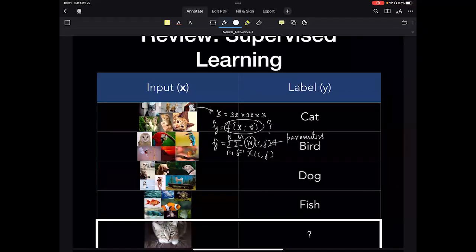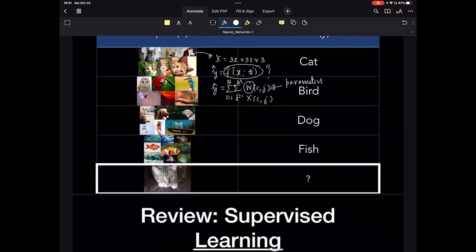This observation is what led people to come up with a generalizable class of these models or functions, and they came about by applying a very simple operation over and above the linear operation, and that is nothing but